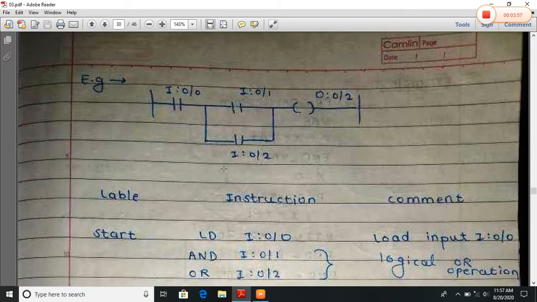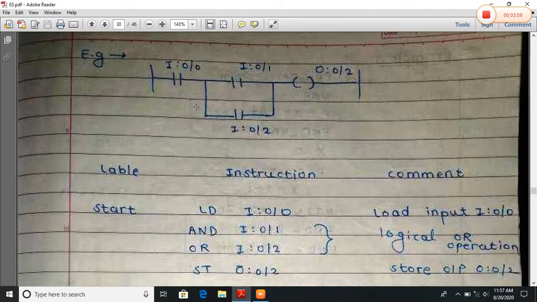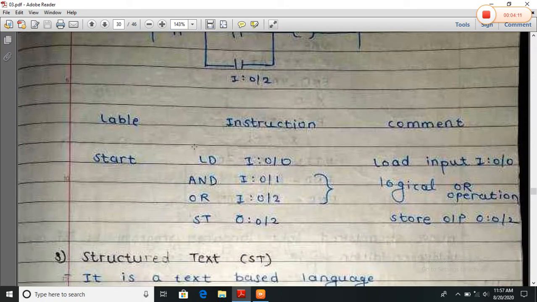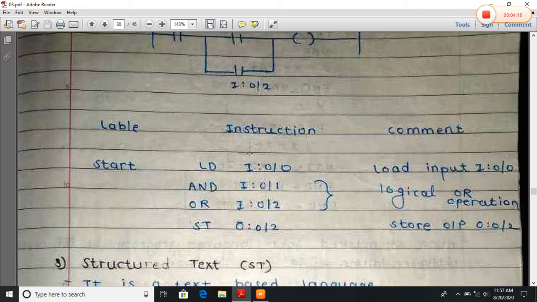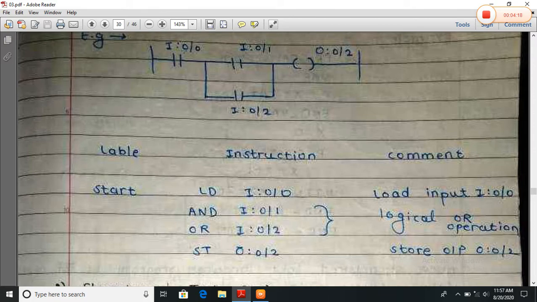Now, an example. There are 3 inputs: input 0/0, input 0/1, input 0/2. This is the output, output 0/2. Now, this is how the instruction works. LD, load input 0/0.